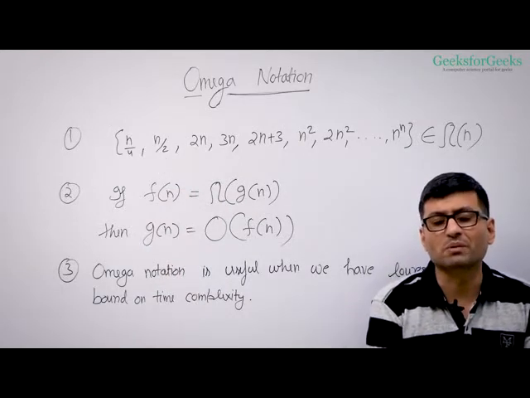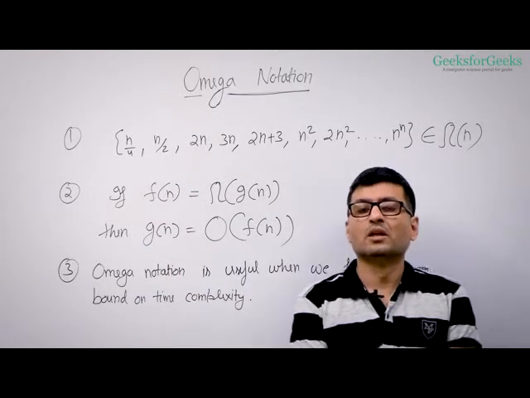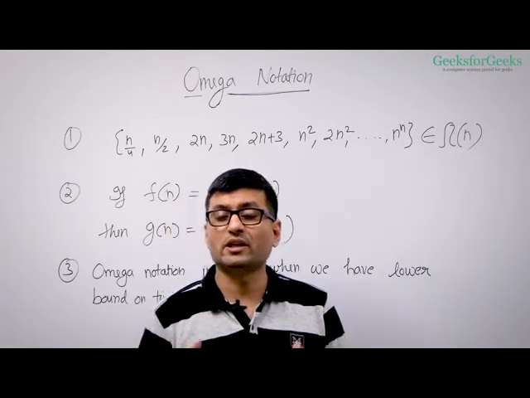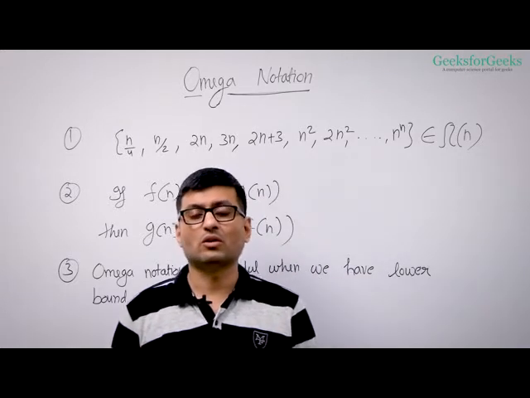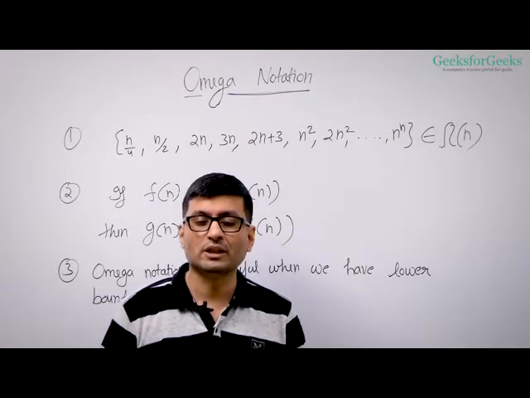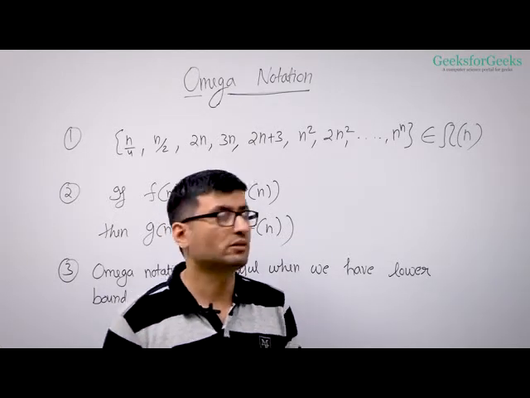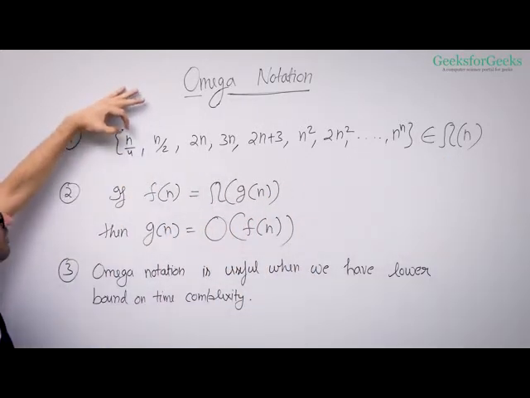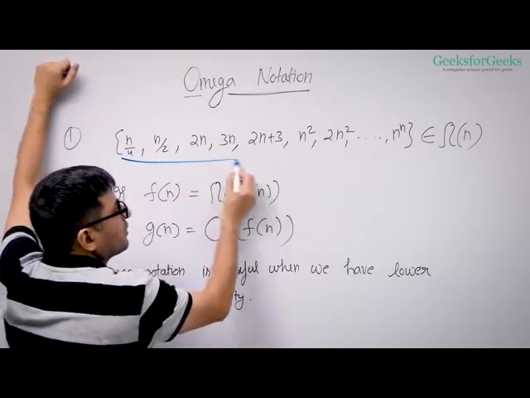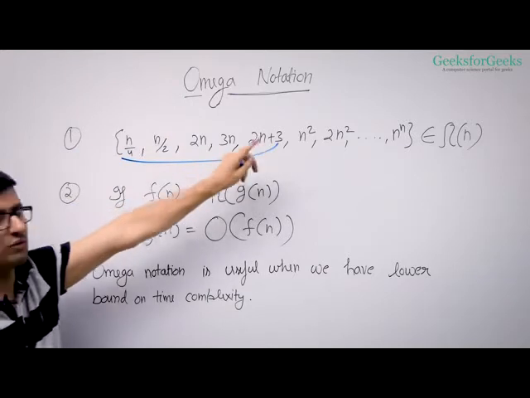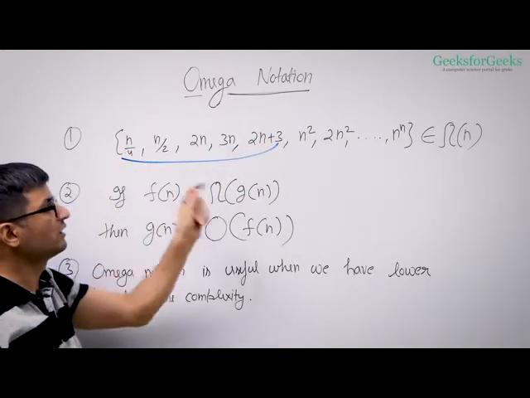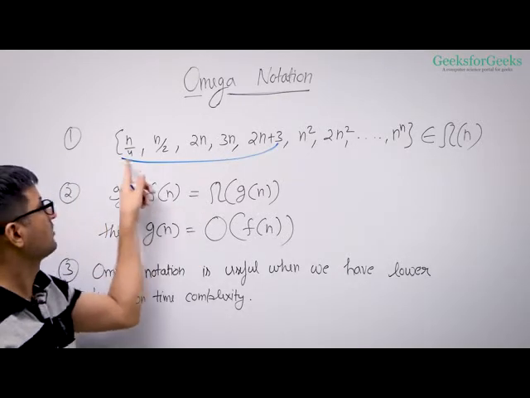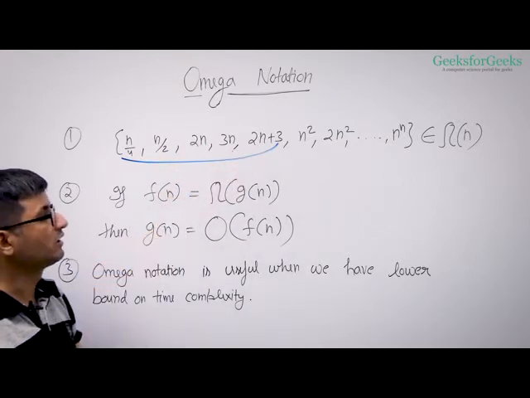Let us now talk about some important things about omega notation. One thing is, when you say a function is omega n, it covers all orders of growth, or all functions, which have order of growth as linear or greater than linear. So omega n covers functions like n by 4, n by 100, n by 200. All these functions have linear order of growth, right? This is linear, this is linear, this is linear, this is linear. Please remember the rule: you can ignore the lower order terms, and you can ignore the constants of higher order terms. So it's n, it's n, it's n, all these are linear.